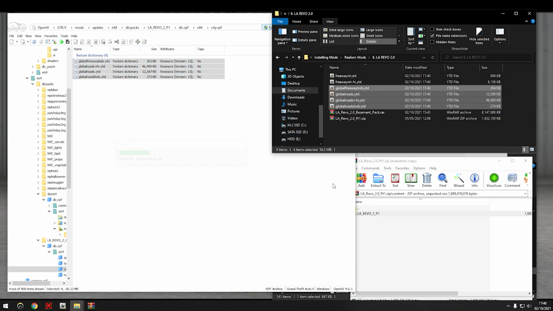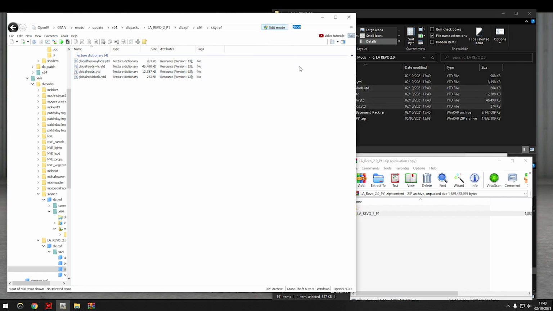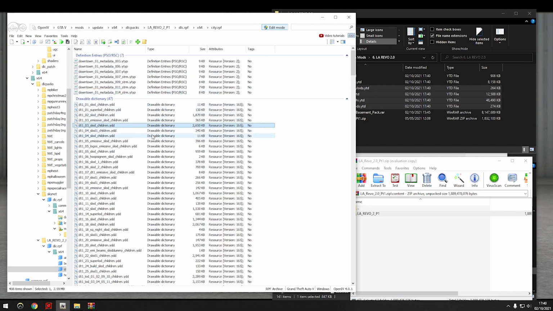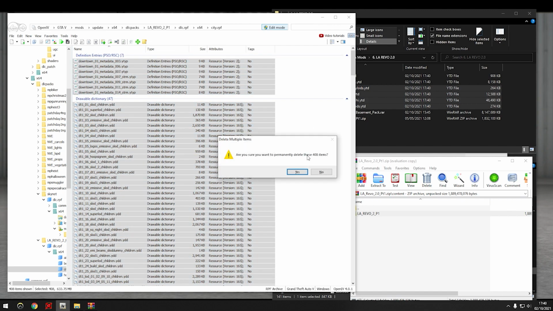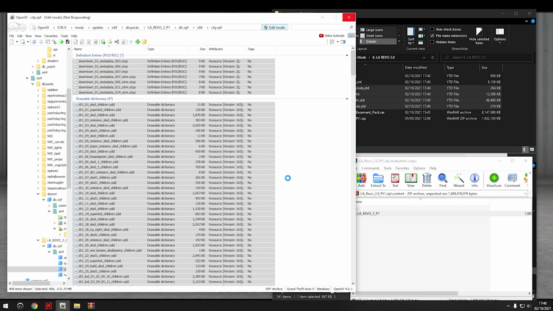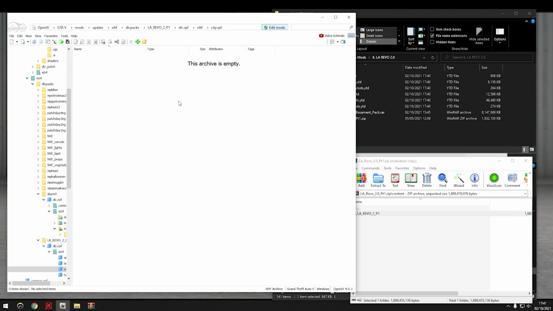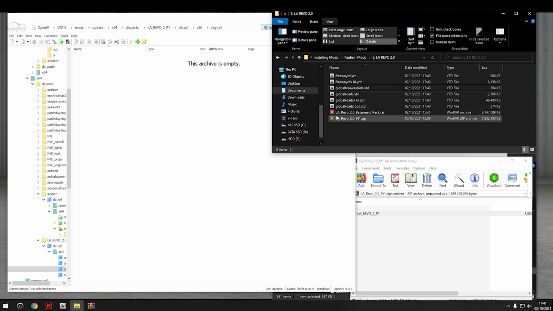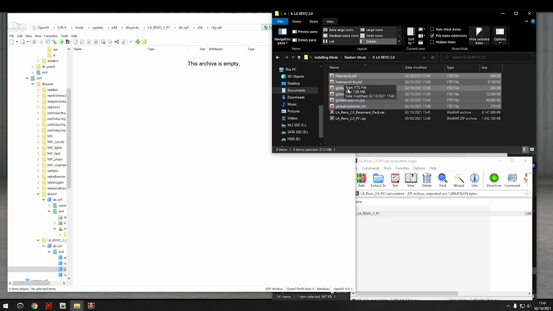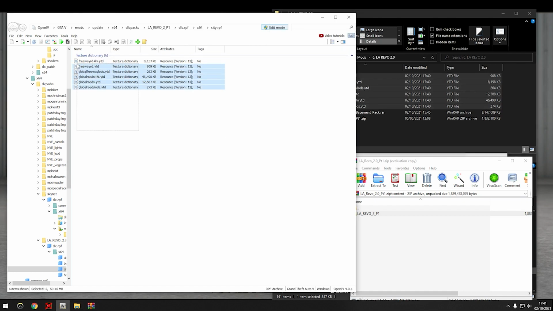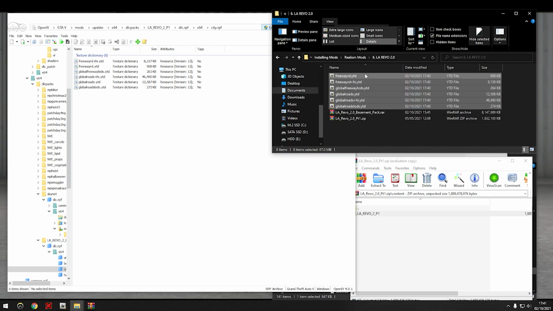You can replace anyway, it's because freeways use a similar name, and highlight everything and delete. Now that it's extracted, you should have nothing in your city.rpf. So go back to the global roads and the freeway roads we extracted, wherever you extracted it, highlight them all, and drag and drop it back in. So you should now only have these files inside of city.rpf. Go ahead and delete the backup that we made,